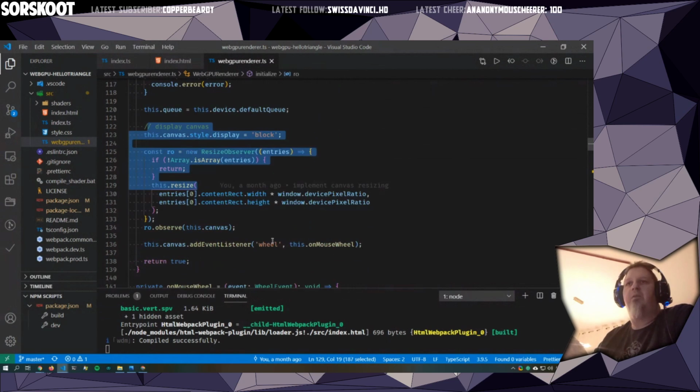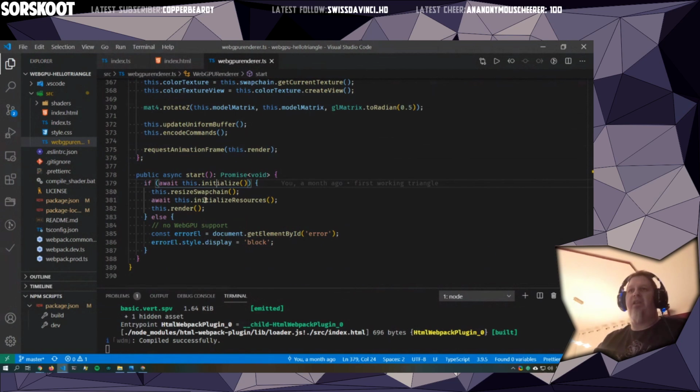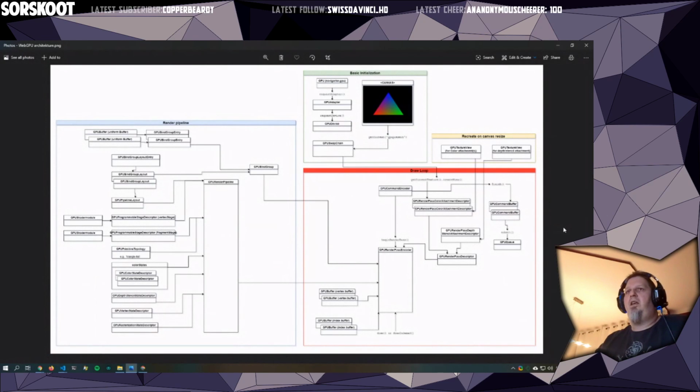That's had nothing to do with WebGPU. It's just a resize observer and canvas handling and event listener. Yeah, and then you're done with the basic initialization. So with this part, and then now comes the